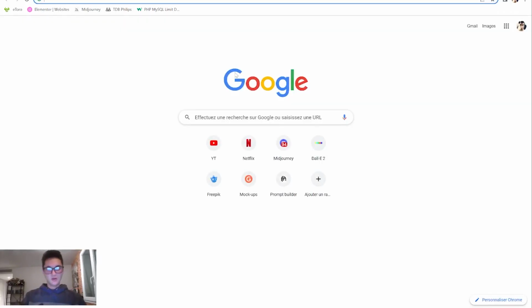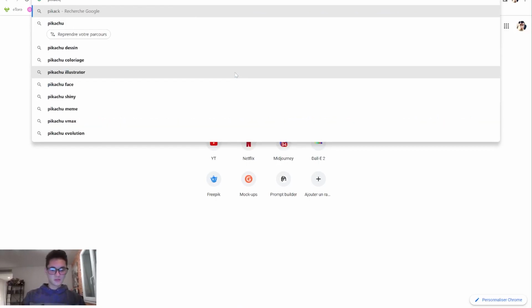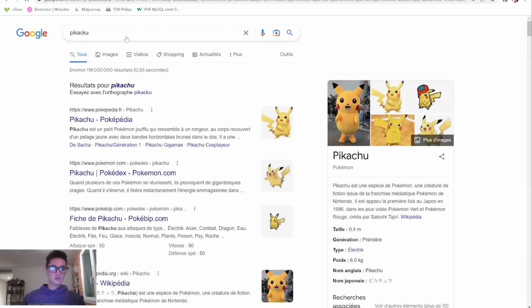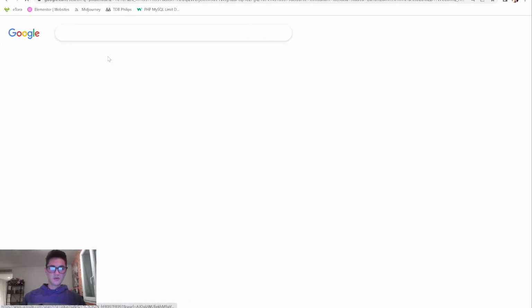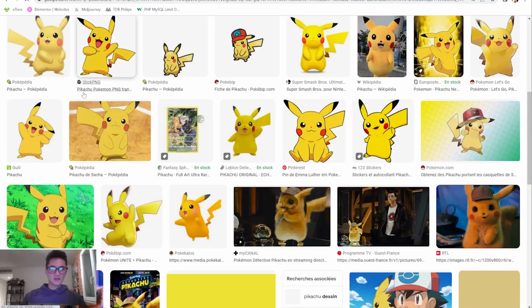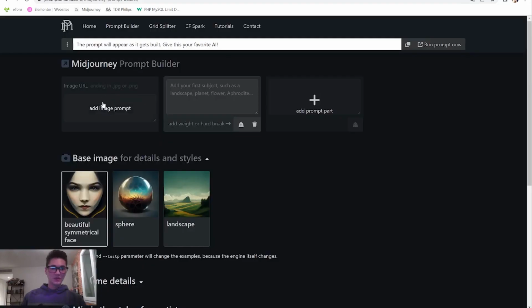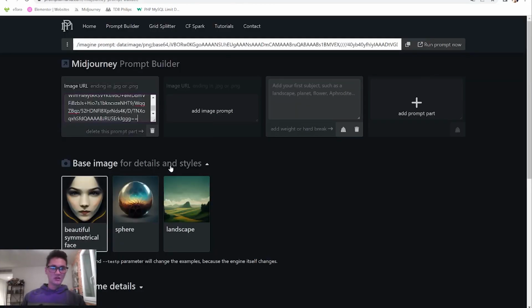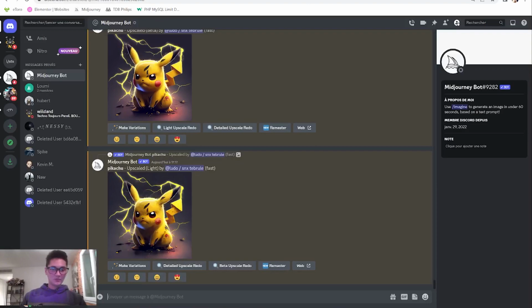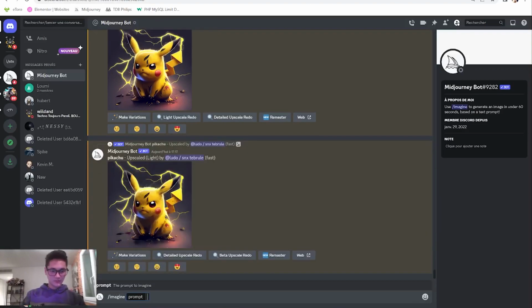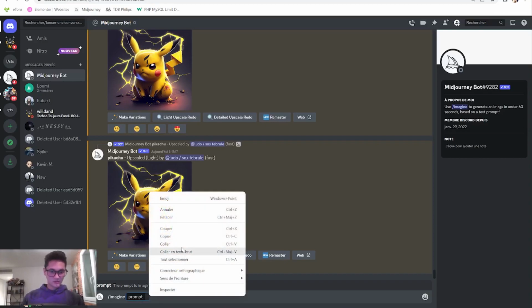So if I go on the internet and I just type Pikachu, I can choose a reference image just by copying the image URL and putting it here. You can, of course, not go through Promptmania. I just find it easier and directly put that here behind as your first